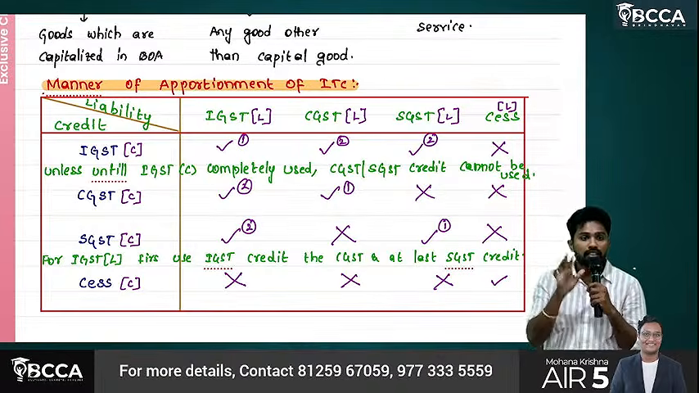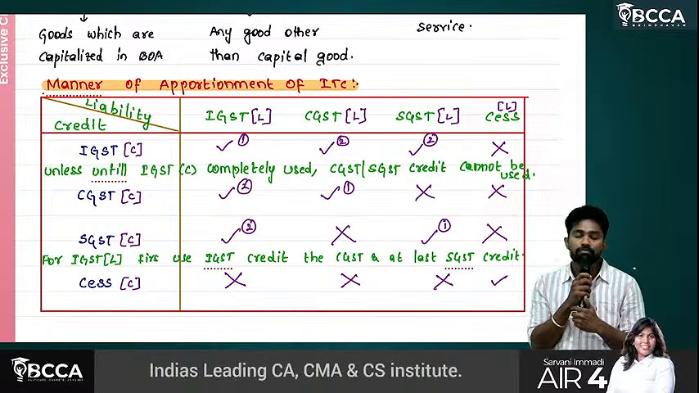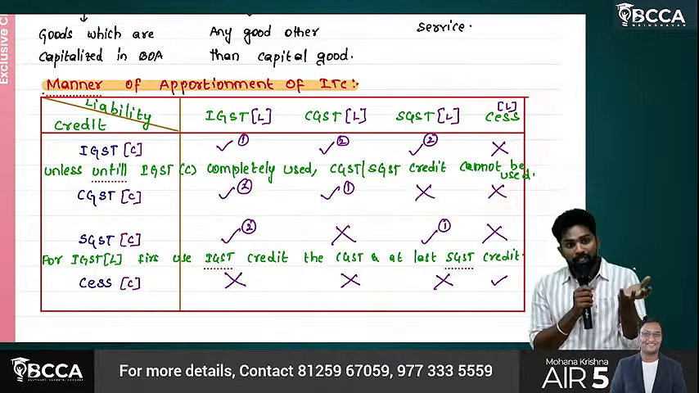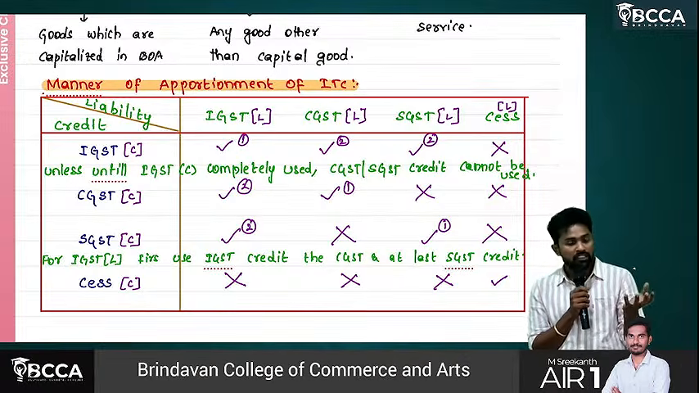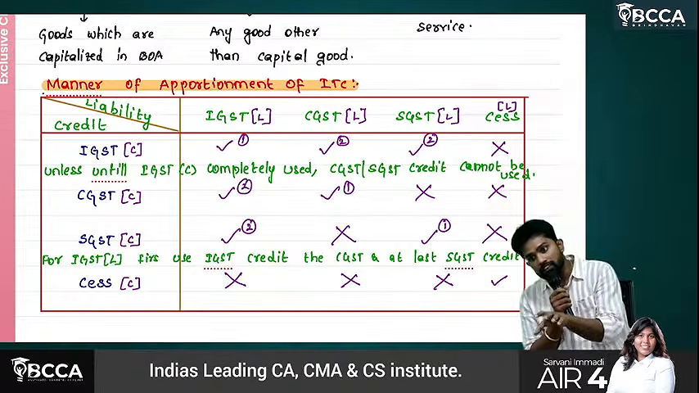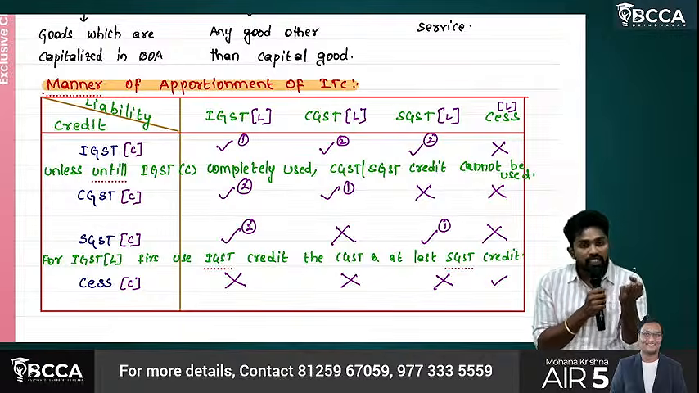Okay, then one more last point, sir, before going to cess. Sir, if IGST is having surplus credit, first it adjusts with what? IGST. If it still has credit, then it can be adjusted with what? CGST or even SGST. But if IGST credit is deficit,